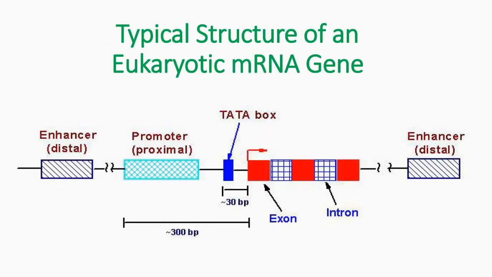Eukaryotic mRNA gene consists of enhancers, promoter, TATA Box, exons and introns. As we show, promoter plus TATA Box have 300 base pairs, while TATA Box have only 30 base pairs. From the 300 base pairs,